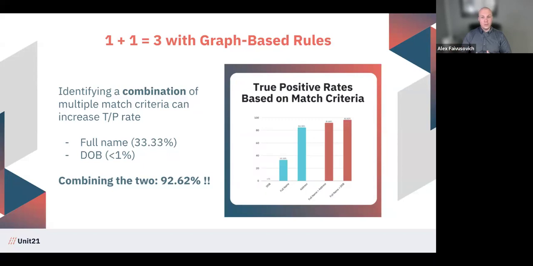But when you combine the two together, it's pretty much what we call 1 + 1 = 3. Combining those 2 match criteria creates an effect where it doesn't make sense that you have 3 or more users sharing the same full name and the same date of birth, all operating on your platform, however big or small that platform might be. And if you think about it,